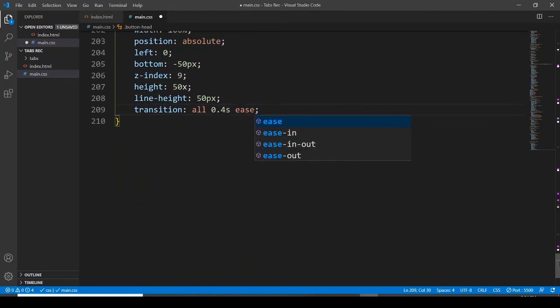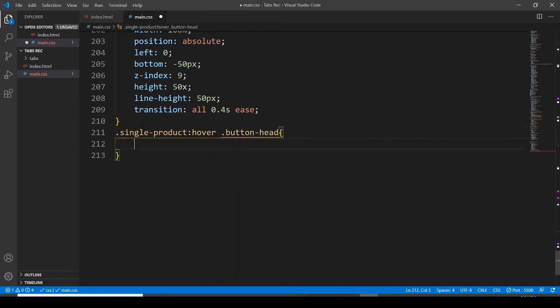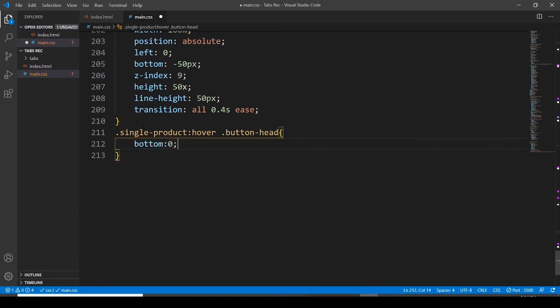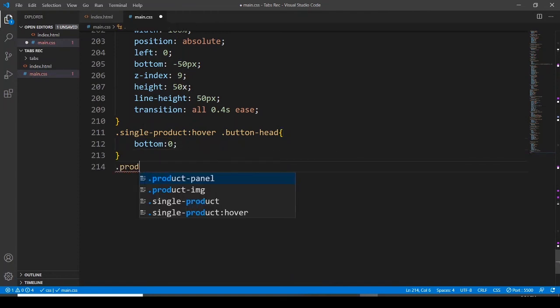and save it. Here I want to go with this single product hover, and then button head. Bottom is going to be 0, and then product image, and